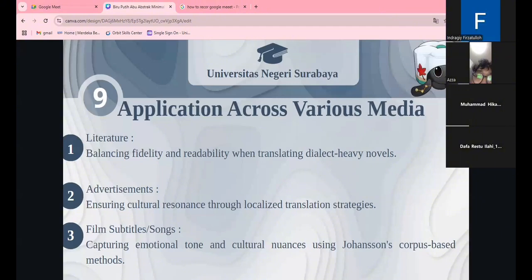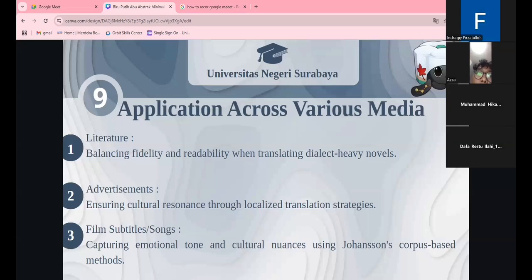the character, which is often tied to how they speak, and sometimes they might use a similar regional dialect in English, or they might explain the meaning in a way that still feels authentic. It's a balancing act between keeping the original flavor and making it readable for a new audience. And the second one is advertisements,